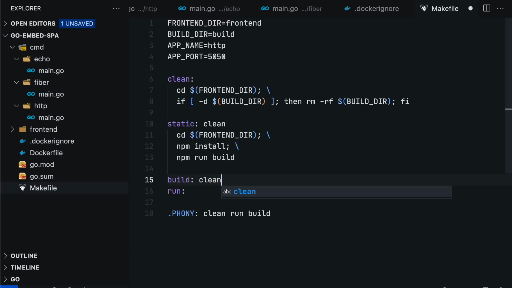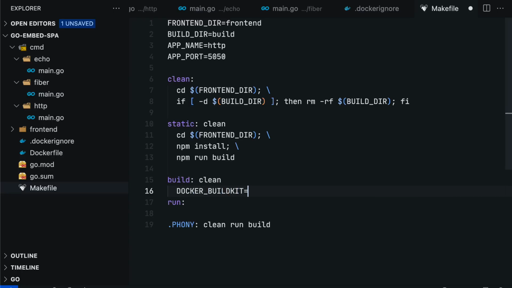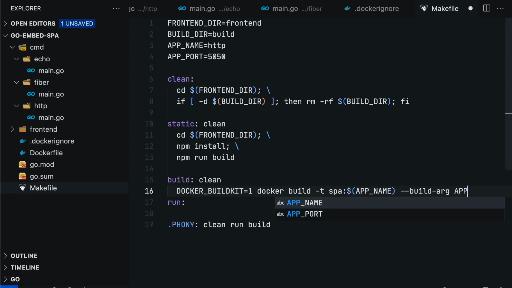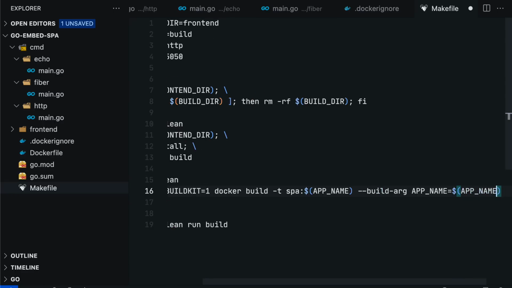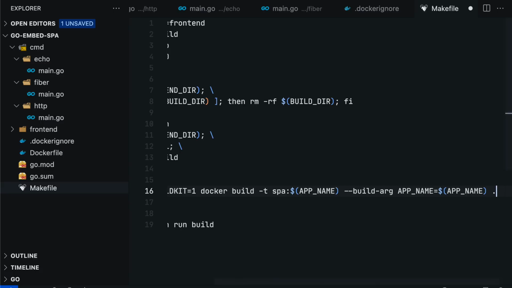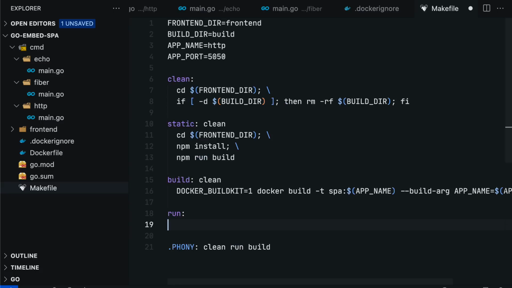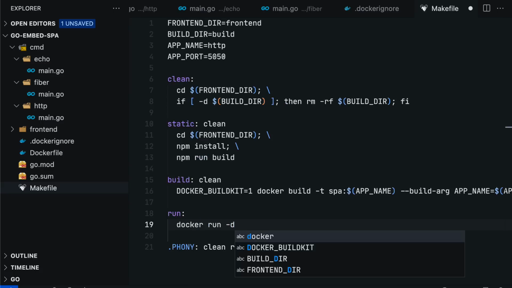For the build command, let's use DOCKER_BUILDKIT=1 docker build -t spa, semicolon, and then set the tag name with the APP_NAME variable. Add the build arg with APP_NAME and a variable of APP_NAME, add a period for the Dockerfile path. For the run command, let's add docker run -d for detached mode or running in the background,